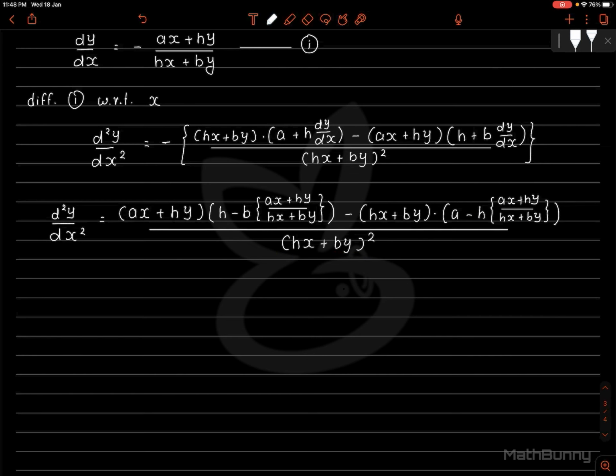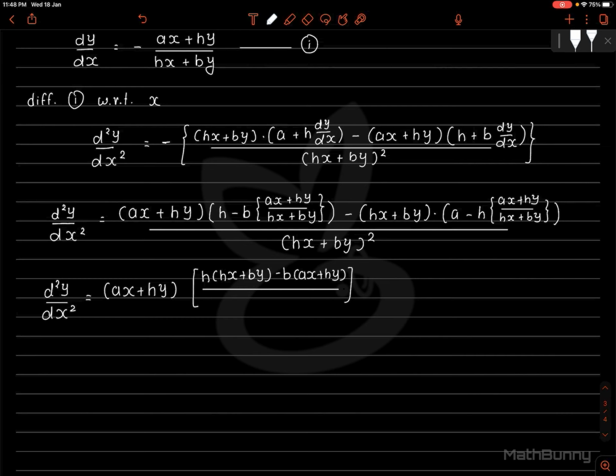So let us rewrite that whole equation. d square y upon dx square would be equal to (ax plus hy) into, the whole thing will have the same denominator, (h into (hx plus by) minus b into (ax plus hy)) upon (hx plus by)